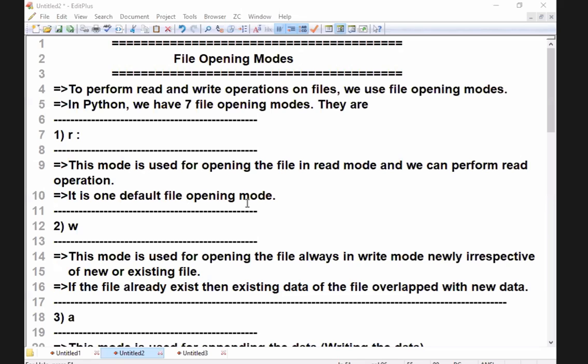R plus, write mode. Read mode. I can read the data first. Later, I can write the data also. Understand? Fine. With A and A plus, with A, I can write the new data, I can write the fresh